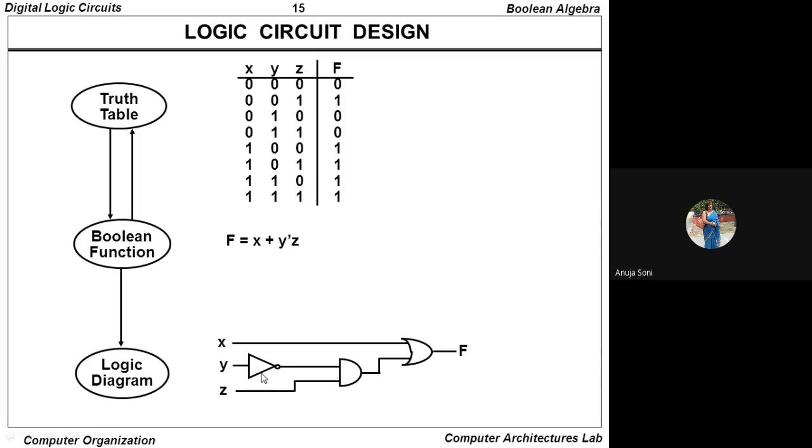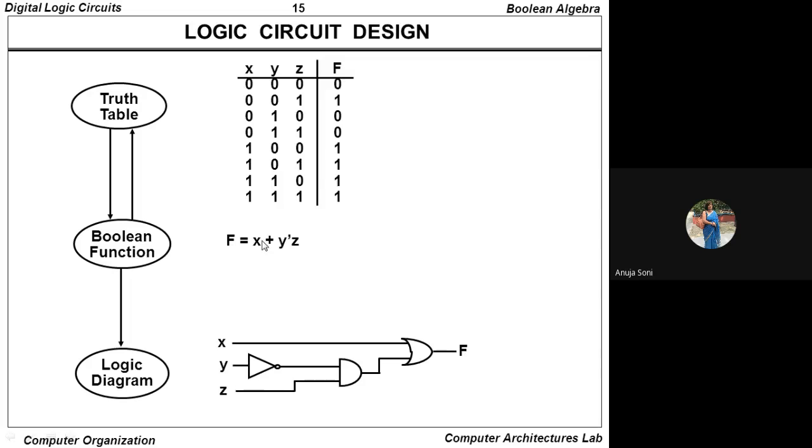Till this point we do like that, and afterwards you have to come to the small sub-expressions. Now the small sub-expression is y dash z. In between there is the AND operator. So that means y is being inputted in the inverter gate, y dash is coming out, and side by side z is there. In between z and y dash, the AND gate is being utilized, due to the reason that here is the dot operator. What will come out? y dash z will come out.